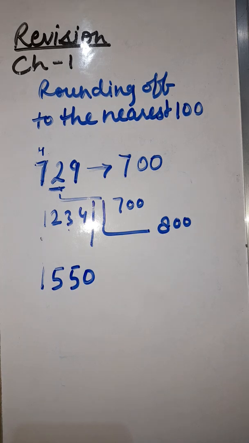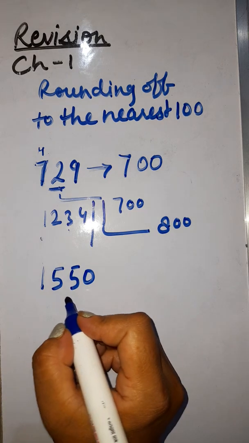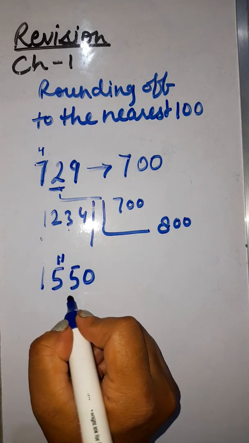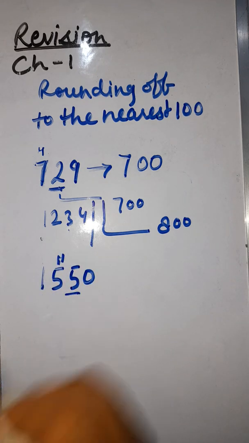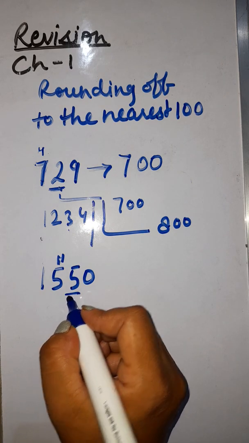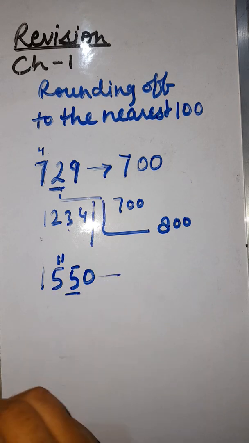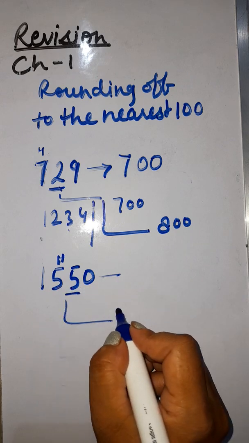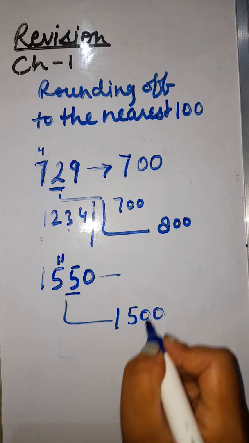Okay, let's take another number, that is 1550. Now which is in the hundreds place? Yes, this one. This one is the hundreds place. So we'll look into the tens place. The digit in the tens place is a greater number, so the multiple of 100 is 5. We'll check into the 1500 and